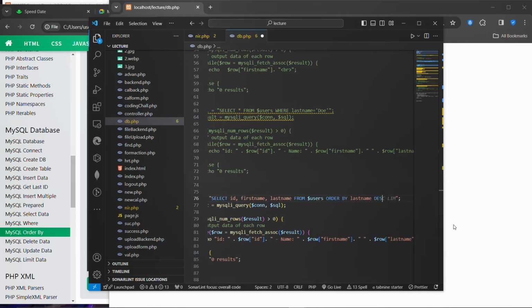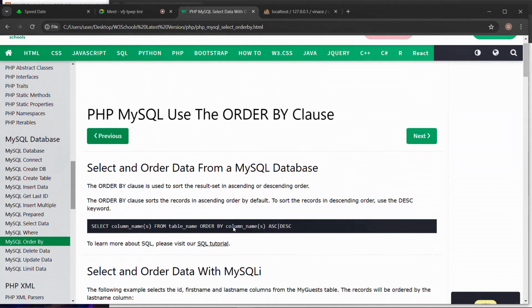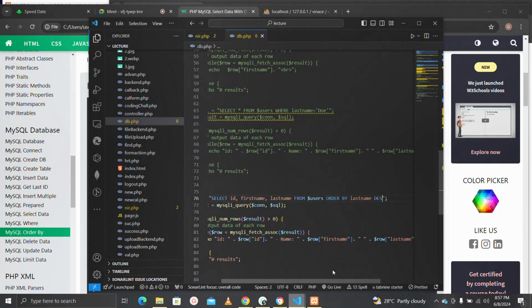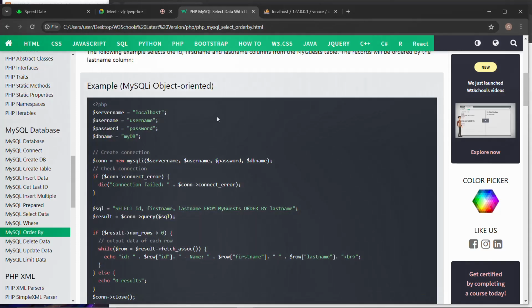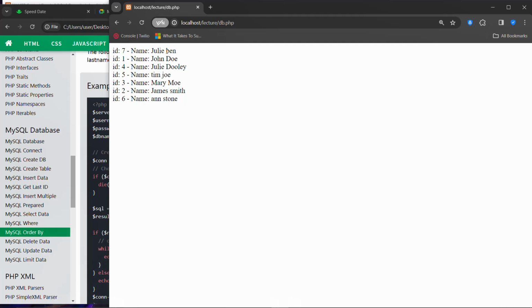Okay, let me be sure. I think I'm making a little bit of a mistake here. So okay, yeah, DESC. So in descending order based on the last name. So let me refresh, based on this last name, descending order. So stone is now at the top. So you can choose it